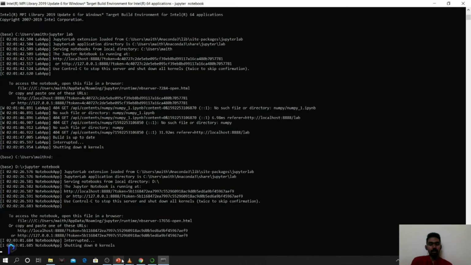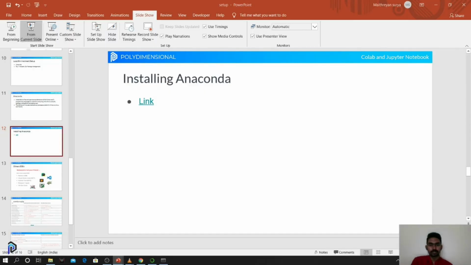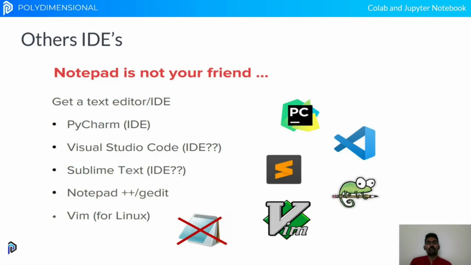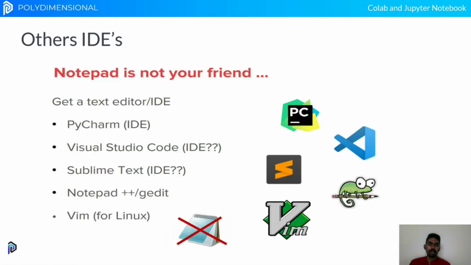Yeah, these are the simple commands that we saw. So let's get back to the slides. We saw how to install Anaconda and also some of the basic commands. So Jupyter Notebook or Jupyter Lab is not the only IDE. We have other IDEs like PyCharm and Visual Studio Code. PyCharm is more suitable when you're going for a full-fledged Python project, not a data science project, but a generalized project, like you are building a website using Django. In those kinds of situations, PyCharm would be more suitable.